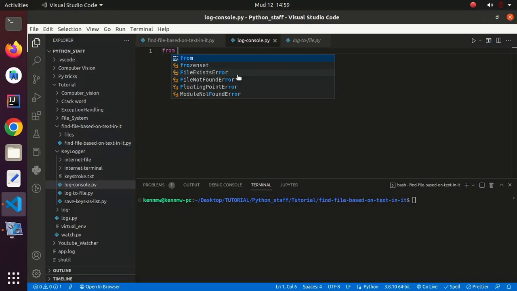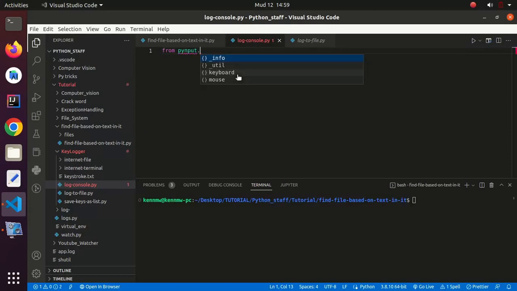Inside here, I will have from Pynput.keyboard, I will import Listener. Now I will create a function that will be called every time a keyboard button is pressed. So I will call it key press, then I will pass the key, then inside it